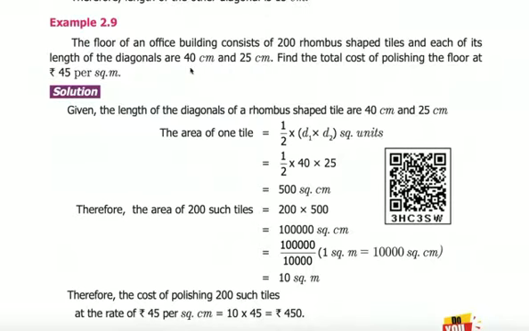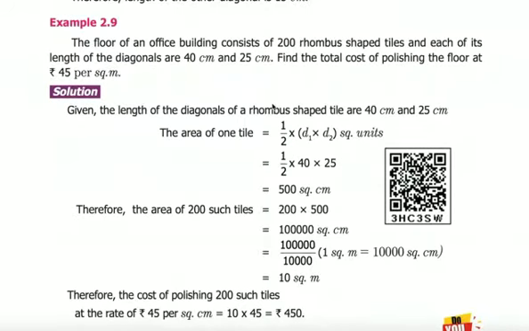rhombus. So 20 into 25 is how much? 20 into 25. Yes. 500. Right. 500 cm square is the area of one rhombus. Okay. So into 200 is the area of the 200 rhombuses. Nothing but 500 into 200. So there are two zeros here, two zeros here. Total four zeros. 10 into 10 to the power of 4 cm square,